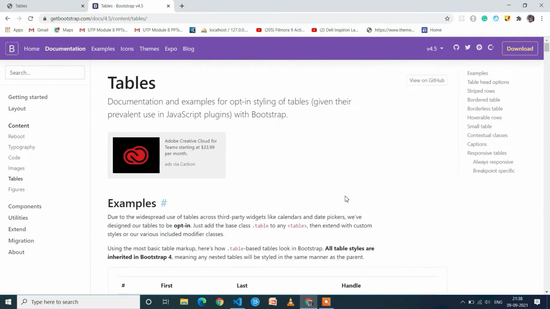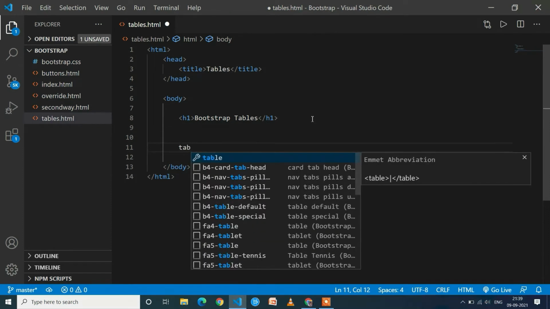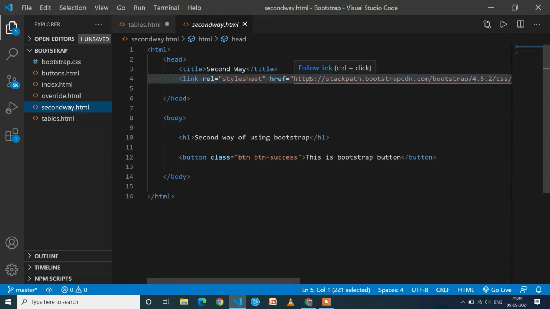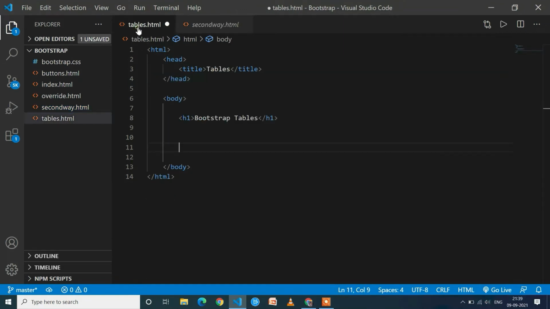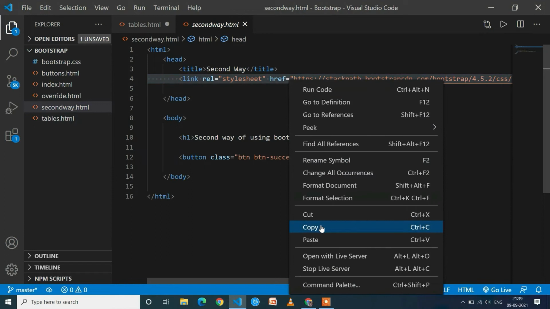First we have to create a normal table in the HTML. After the h1 tag I will create one normal table. Before creating the table we have to add Bootstrap in this tables.html. You can use bootstrap.css or you can use the CDN link of Bootstrap. Already we have the CDN link in the second way.html. You have to copy this link and paste it here. Right click on it, copy